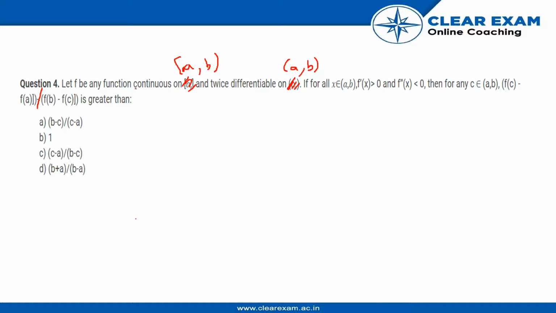The question is, let f be a function continuous on [a, b] and twice differentiable on (a, b). If for all x we have this equation, and for any this equation is greater than. So we just have to use LMVT for x in